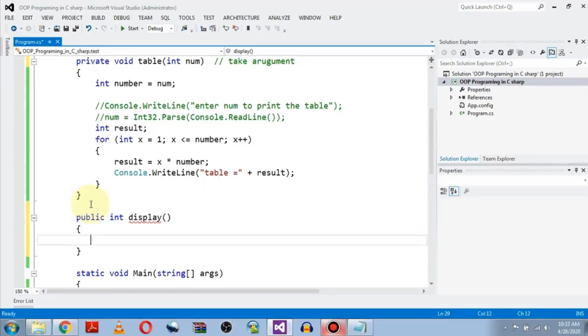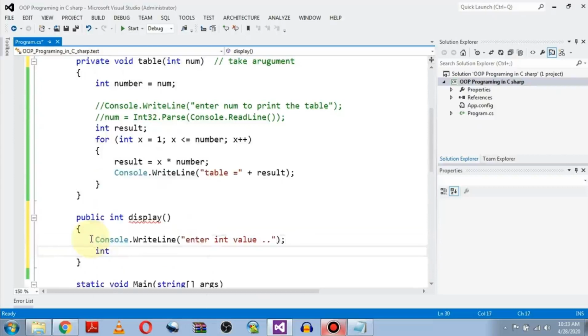So let me take a value from the user, enter integer value, and receive this value within, let's say, y equal to integer 32 or 64, then parse.